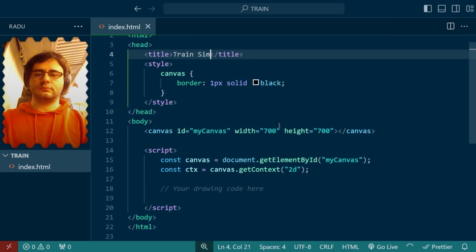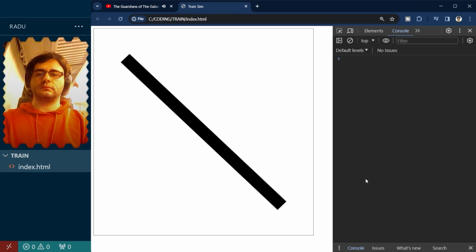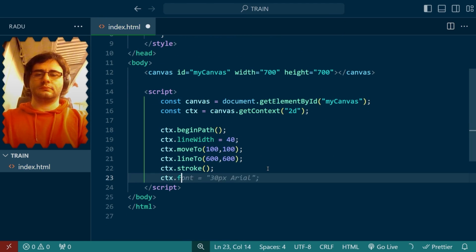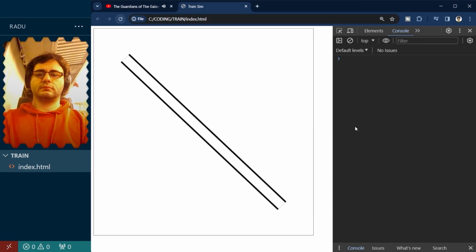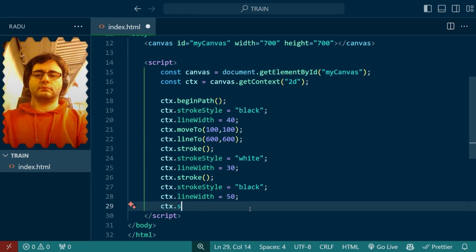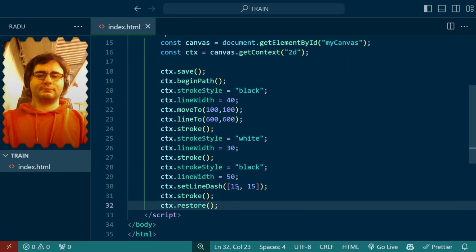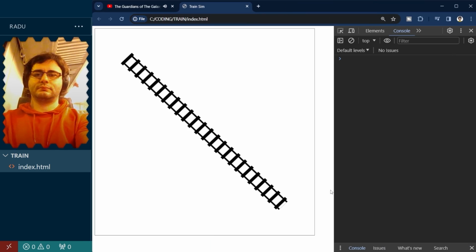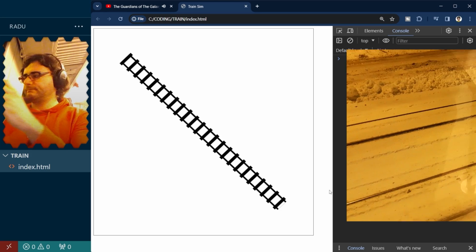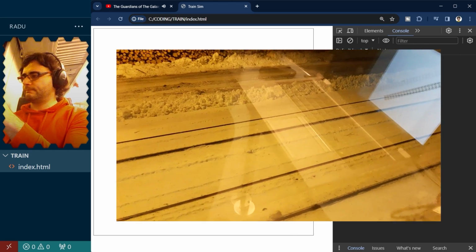Now let's begin by drawing a line. I'll make a thick line because it will be the train track. By drawing another, thinner, white line on top of it, it looks like the two rails, side by side. Now for the sleepers, a thicker, dashed black line. Pretty good. Maybe make the sleepers thinner? I think it's better, but I don't really remember how they look, and they're covered in snow, so I'm